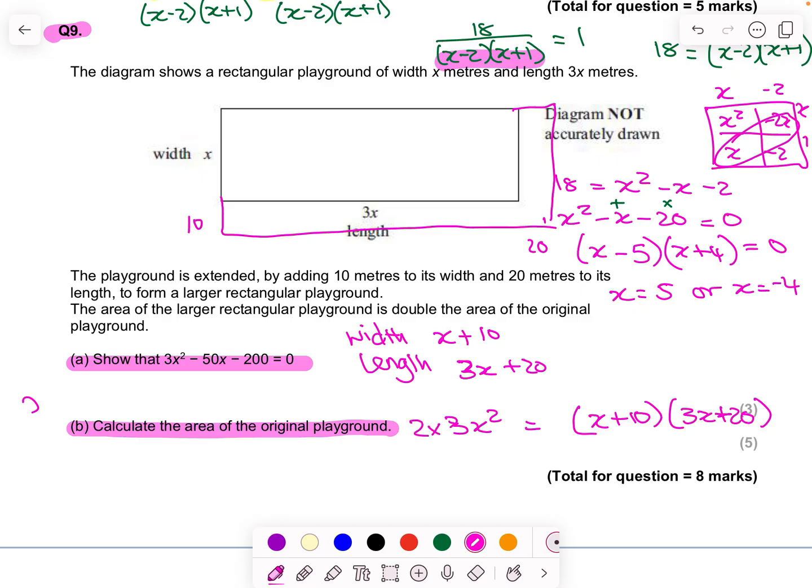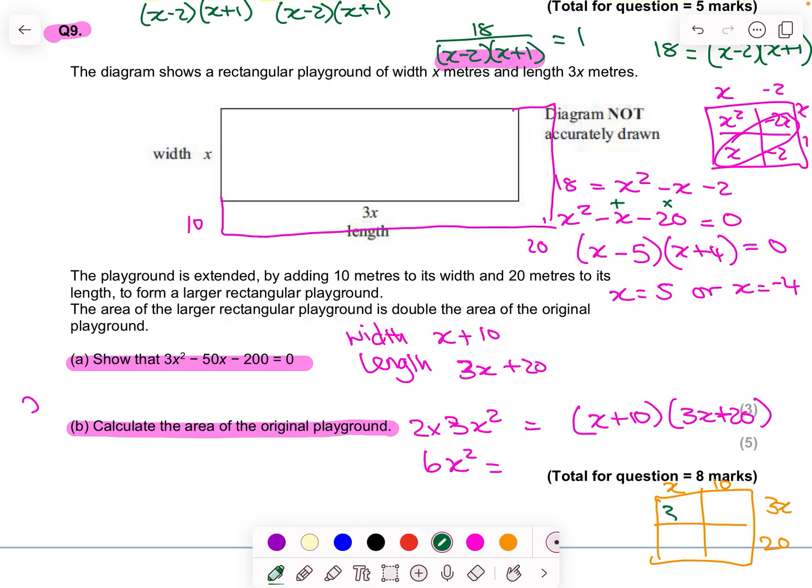All right, so now that is saying that they are equal, and so that's 6x squared equals, let's multiply this out. I'm going to use my grid again. Just means that I can do it. Make sure I don't miss out any